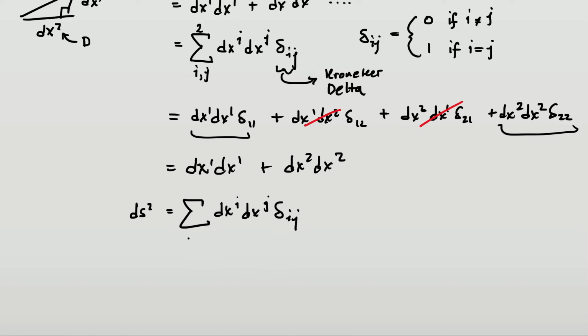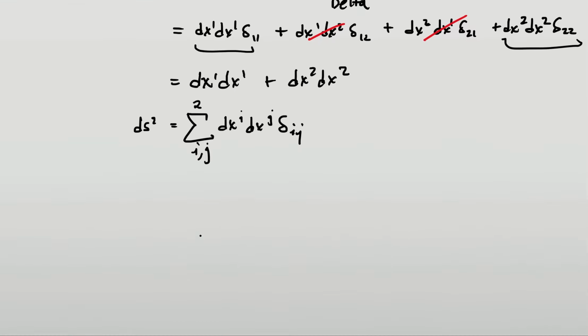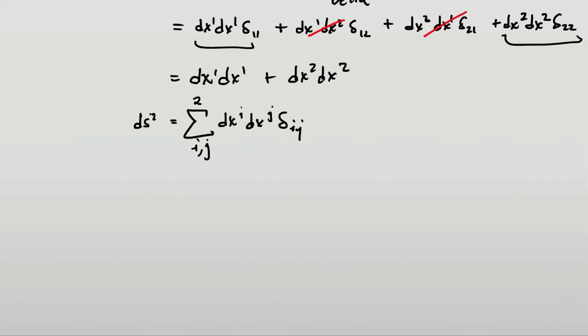And then we're summing over i, and we're summing over j, and we're going to d dimensions. In our case, we're just going to do 2. So I'm just putting a 2 right here. Now, I realize this is a sort of mathy introduction, but it is an introduction nevertheless to really get at what this metric tensor is going to be. So now that we have this definition for the distance ds,